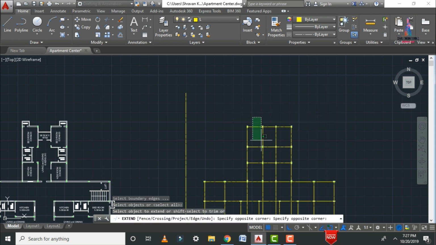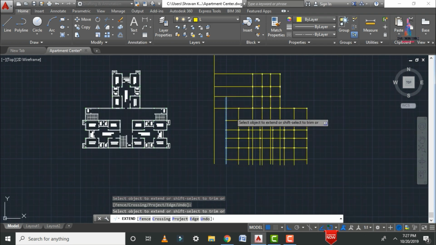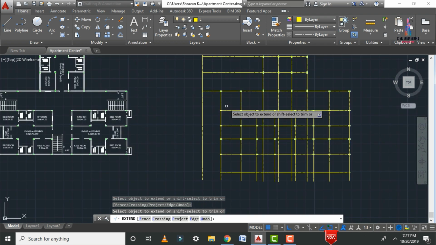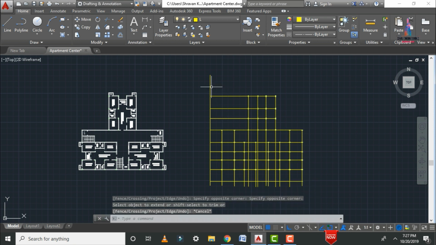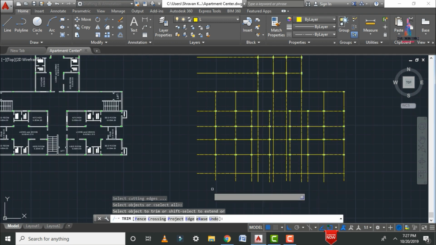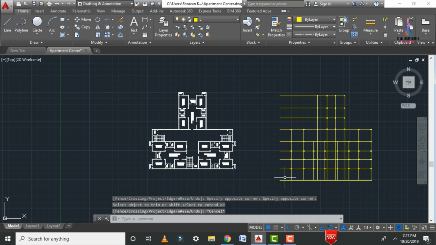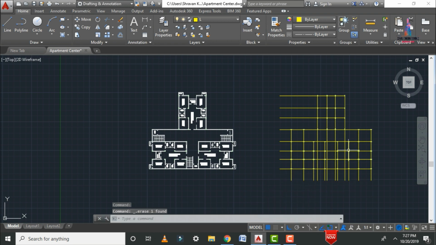Now we have to extend these respective horizontal lines. EX double enter option. So here we have to select these lines, extend these lines to the horizontal section like this. Again we have to extend these respective lines. After extending the lines, in the same process we need to extend the bottom lines also. After that we have to remove this respective line section. Click on delete option. Again we have to remove this respective line section. Now we have to trim all the lines to the bottom section like this. After that we have to select this horizontal line, click on delete option.